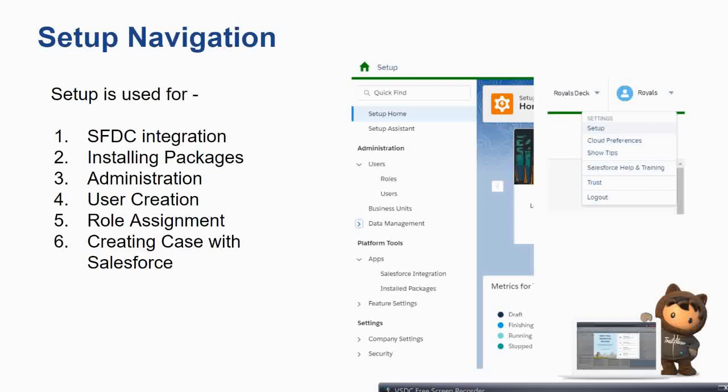So this company will have 5 business units: shampoo, shirts, pants, everything, and these 5 will have 5 separate business units. This is where you can separate the application or have multiple apps or multiple environments inside Salesforce Marketing Cloud itself. That is business units.